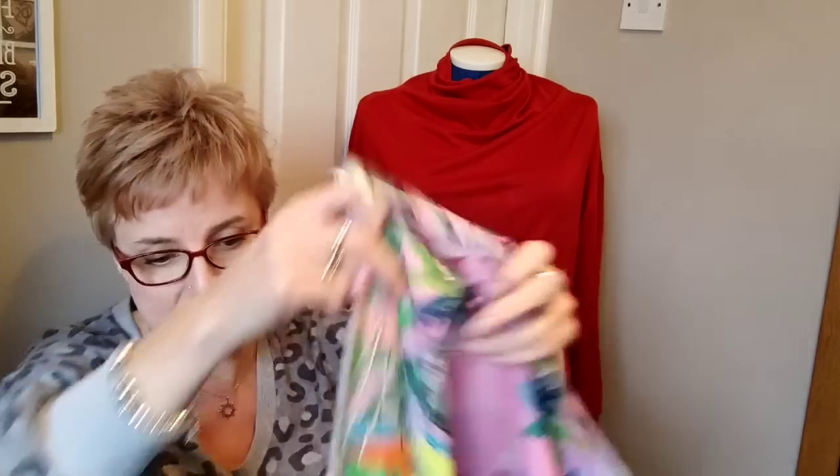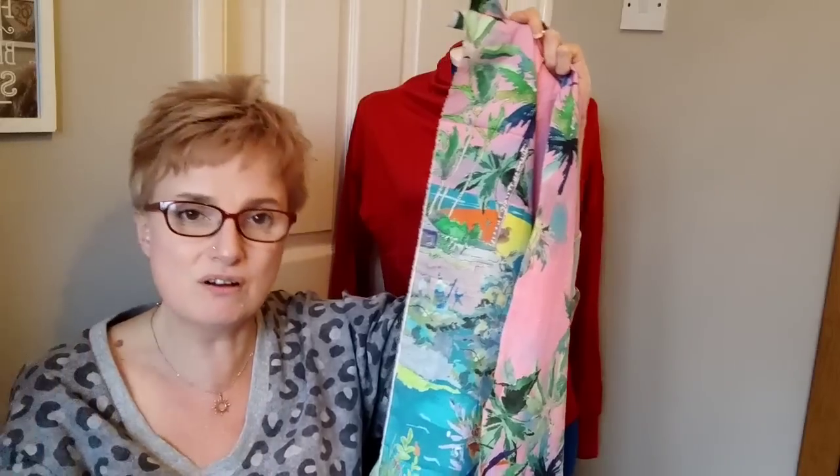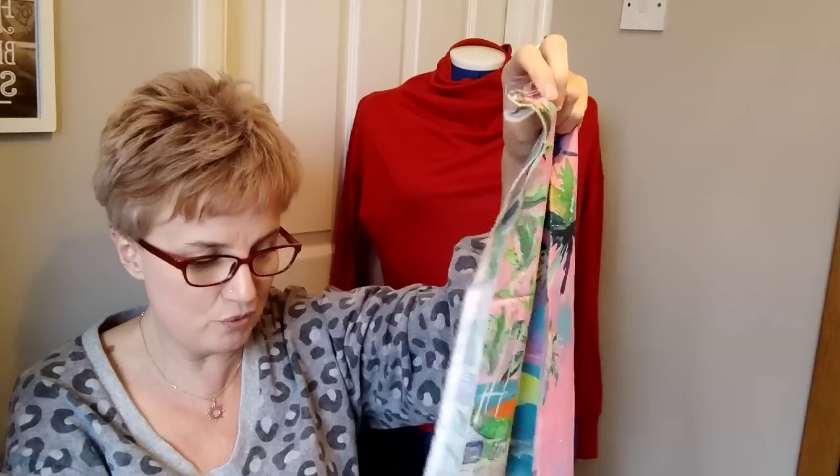And so essentially all you need really is for the length of the remnant to be enough from your shoulder to whatever length you want your top to be. That's my experience. Obviously it's not going to work for every size, but that's what I can get away with, if you like. So I'm really looking forward to making a very, very simple top,